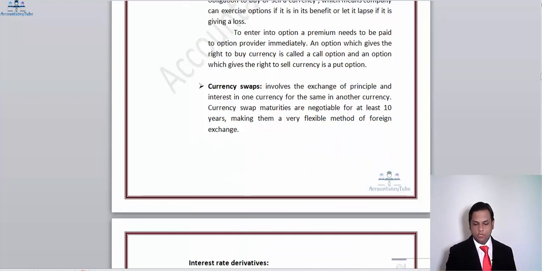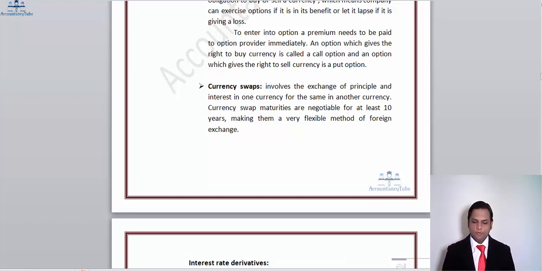The difference, you need to be familiar with the difference for computation purposes. However, at the F9 or FM standard, the examiner does not require you to compute futures or options. However, they are important from an OT perspective.